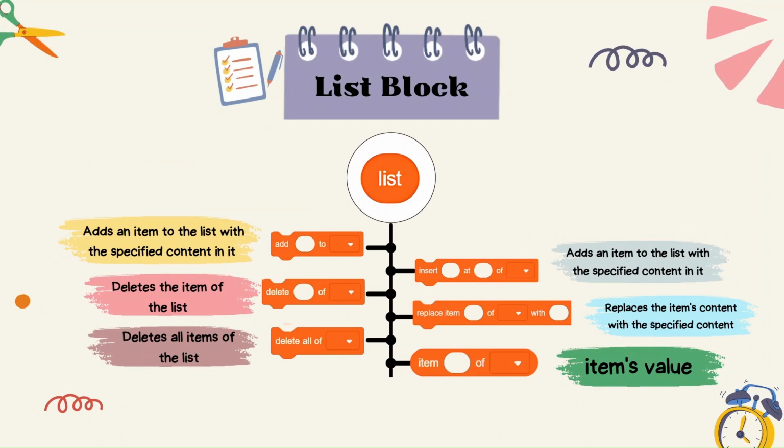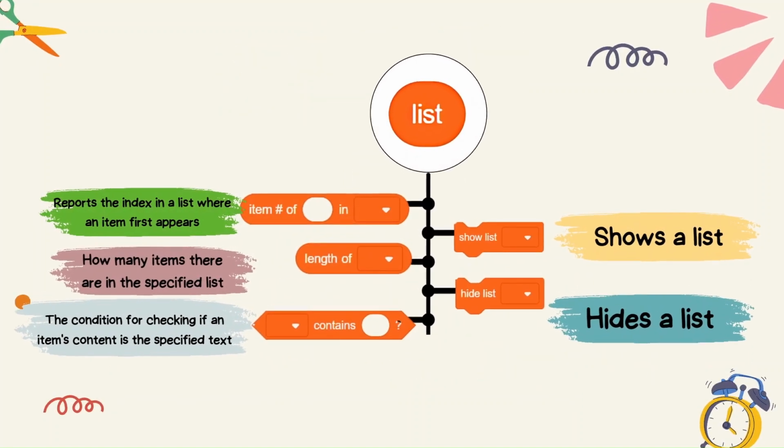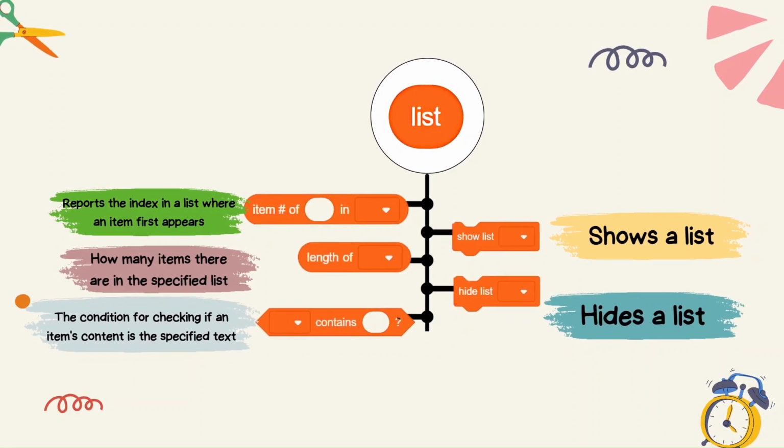Now it's time to see the different list blocks. These list blocks provide functionalities for the list, such as we can add an item to the list, we can delete an item from the list, and we can delete all the items together. If we want to edit the list and add something else, we can insert it or replace the items. So this is how we are going to change our list. The other ones are quite simple, and you can just set them as per your own needs.